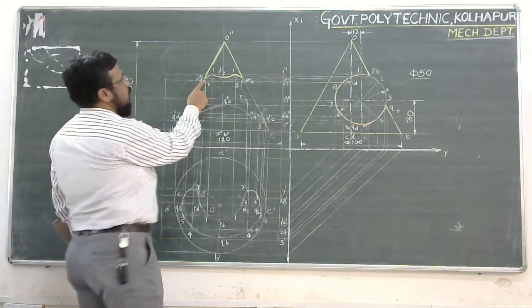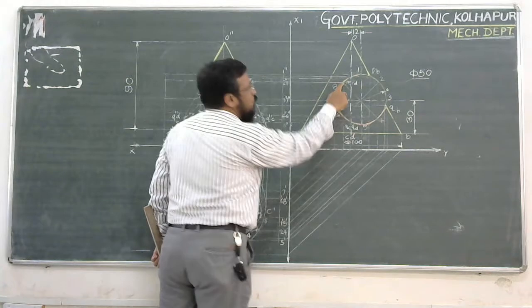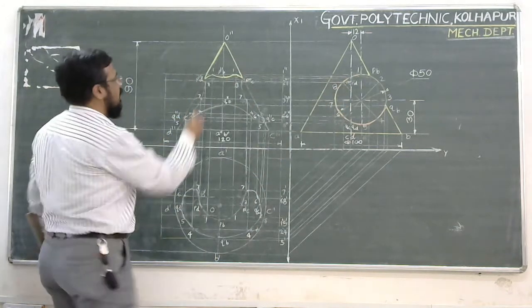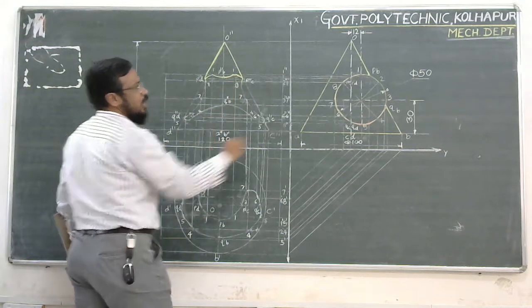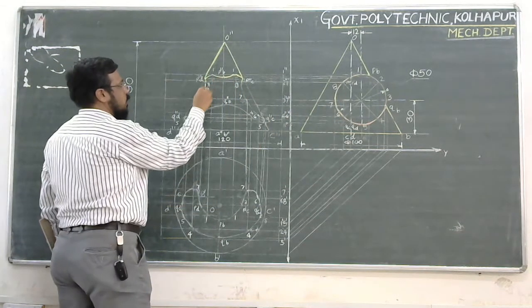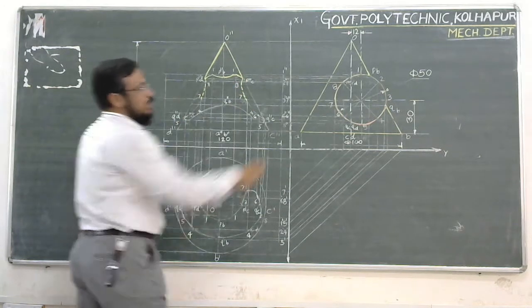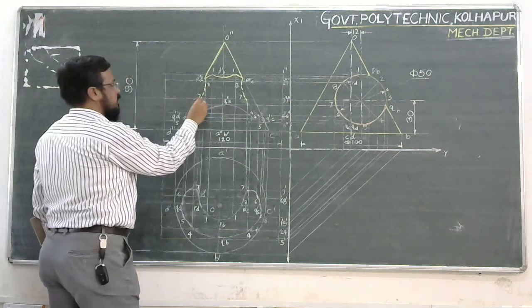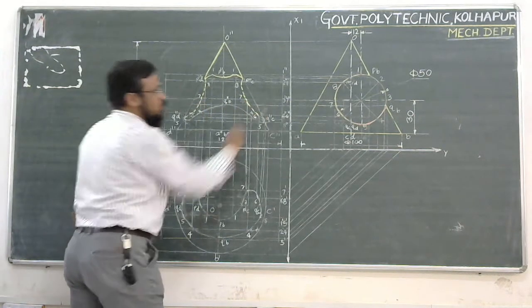Okay. Now we have come to this point number PD. Of course, now from this PD to 8, it is not visible. So PD to 8 is dotted. Similarly here it is dotted. 8 to 7 is not visible. So 8 to 7 comes out to be dotted. Here also it comes out to be dotted. 7 to 6 is not visible. 7 to 6 comes out to be dotted.